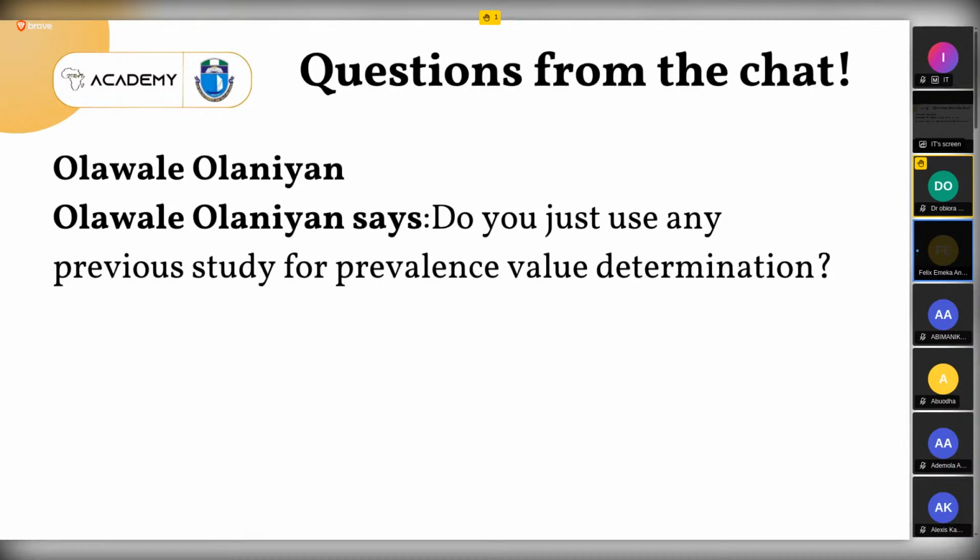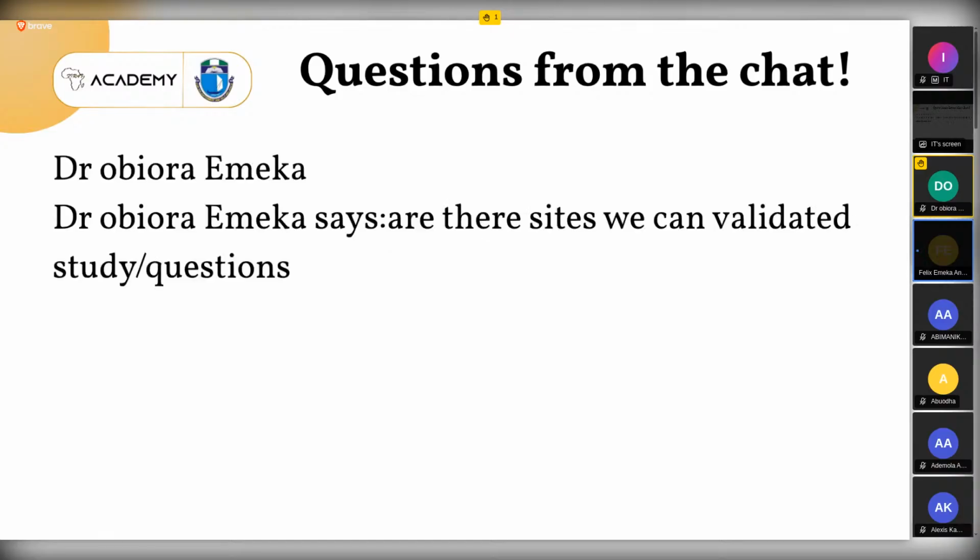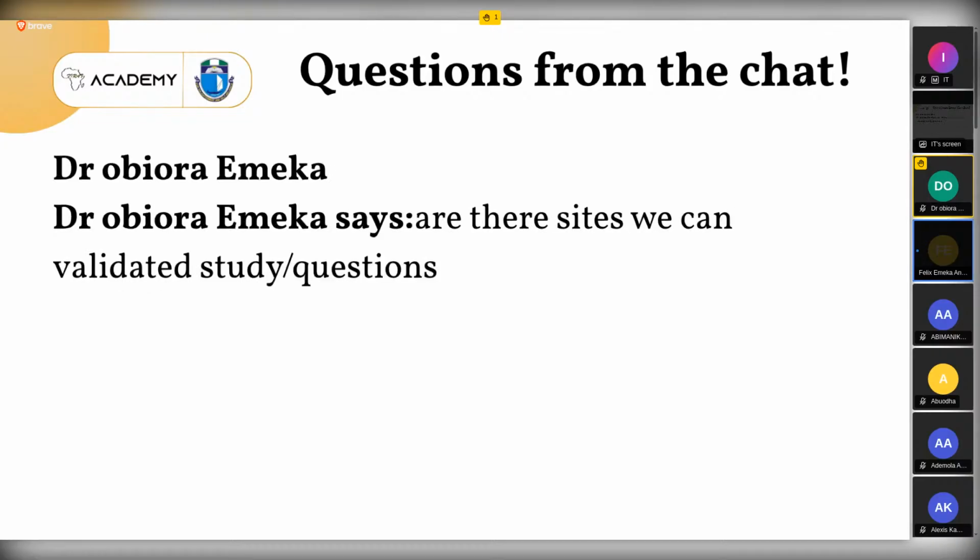If there is no study done anywhere in the world, then you are permitted to use 50% prevalence. That's by default. And don't jump and use 50%, because your supervisors can go to the internet and search. And it's rare, because most of the studies we do at the master's level and undergraduate level are not novel. So there's a good chance that you will find a study. Don't go and do one wishy-washy thing, just check online quickly, say I didn't find anything, let me use 50%. 50% will give you a minimum sample size of 400 and something, and I'm sure you are not ready for that. So please find, you will find.